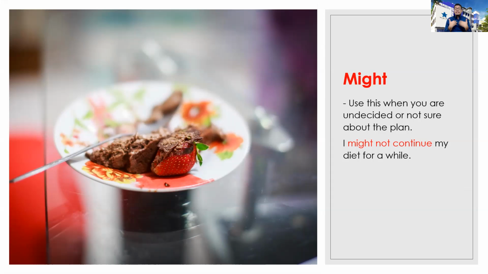So what I can say to myself is, I might not continue my diet, and I think I might gain weight. Yeah. So this is something that you use when you are not very sure about the future. So it's like there's a 50-50% chance of happening. So you use might. And this is the same as will, just use verb one. Yeah. And there's no change of any forms in it. Whether she, he, it, it's always the same form.